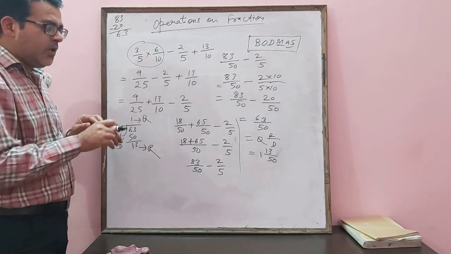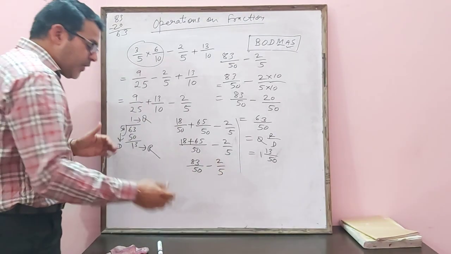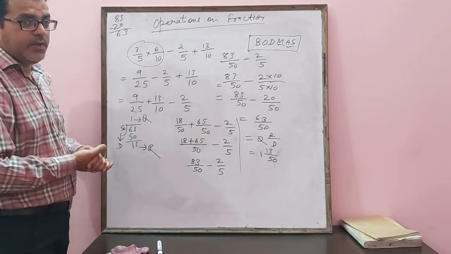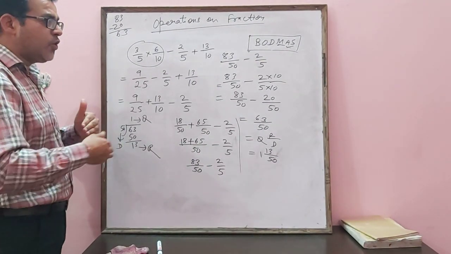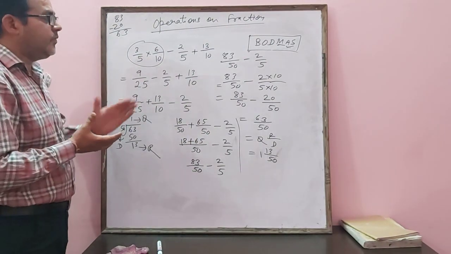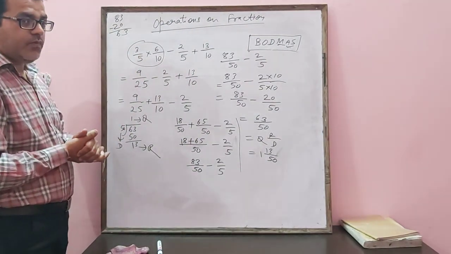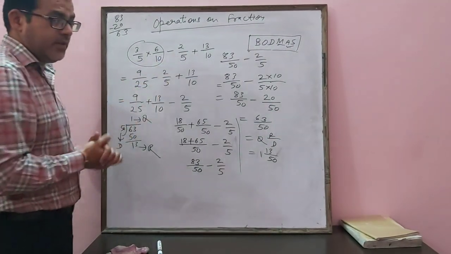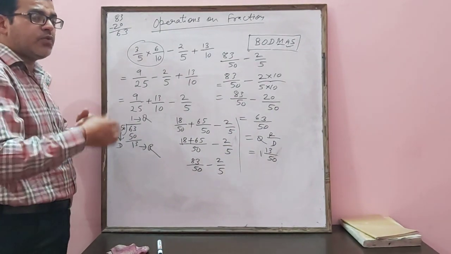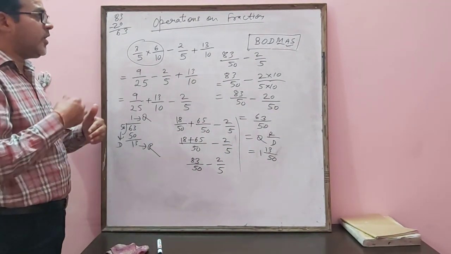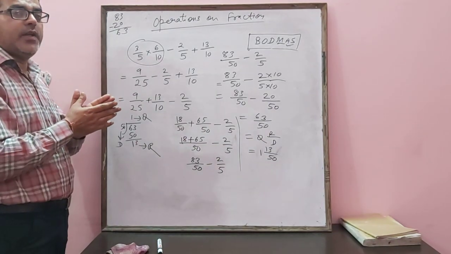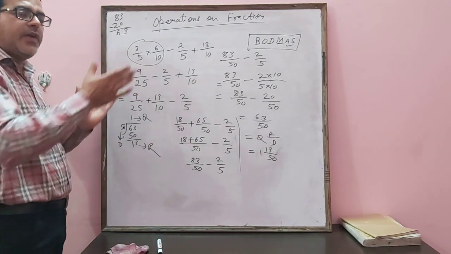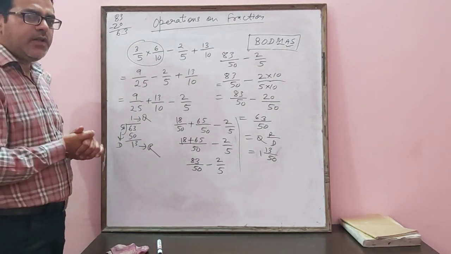Hope you understand now. So that's all from today's class. In the next class, we will take some other questions, other examples. We will also include division in this operation. Today we have discussed only 3 operations, that is multiplication, subtraction and addition. In the next class we will try to solve taking all 4 basic operations together. That is, we will add, subtract, divide, and multiply the fractions at a time. Right? Hope you understand.